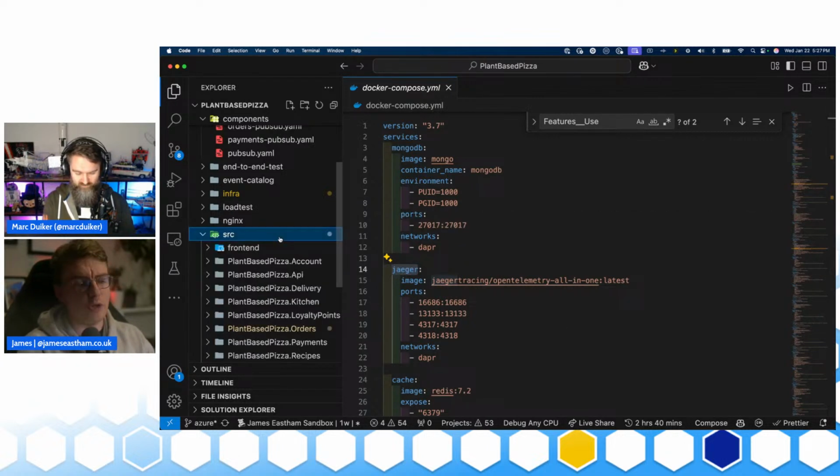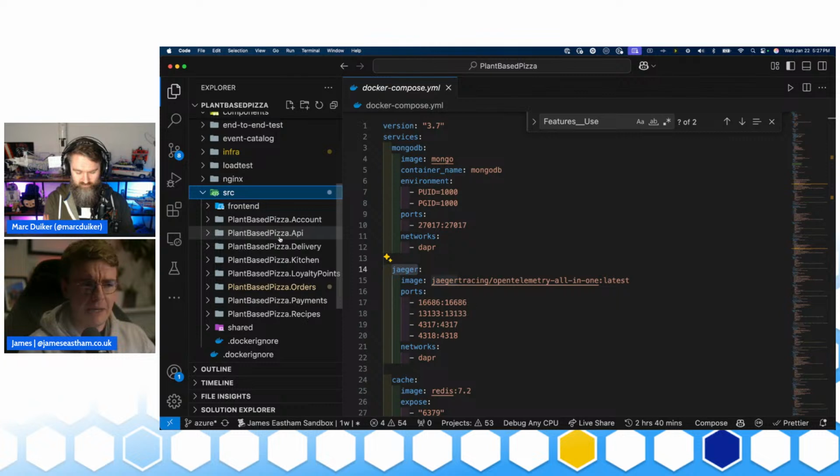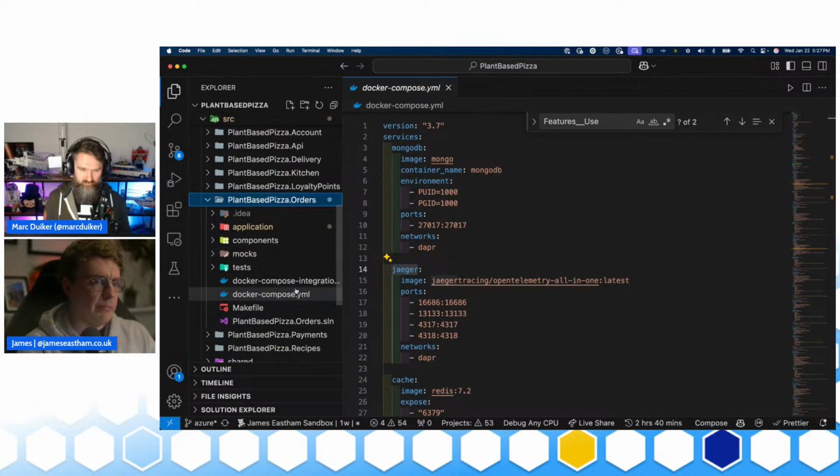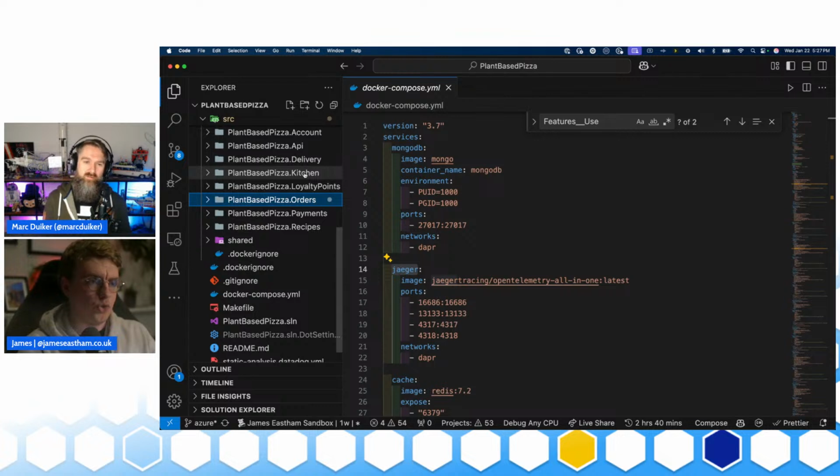The other thing I'm doing, so all the backend is written in .NET. I'm tempted to try and do a Rust version of it with the Rust SDK, even though the Rust SDK is in alpha, but I'm tempted to try that out as well. One of the things I really like about the way PubSub works in Dapr is the way that you can configure it just to route to HTTP endpoints.